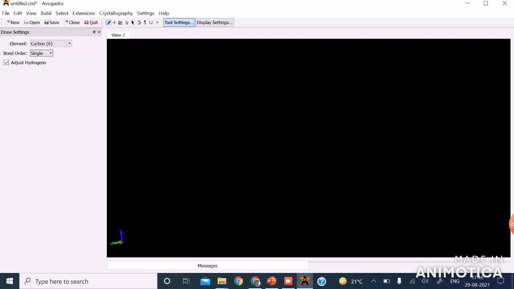So, we will first click on the draw tool and carbon is already selected with adjust hydrogen. So, I am going to click on the display unit. One carbon molecule, a methane molecule, is created.